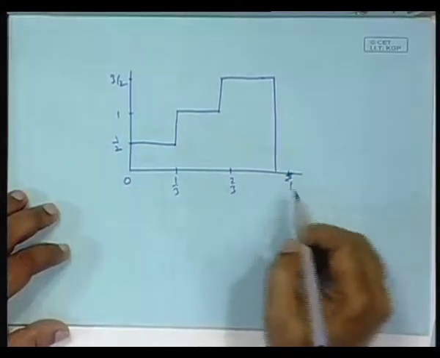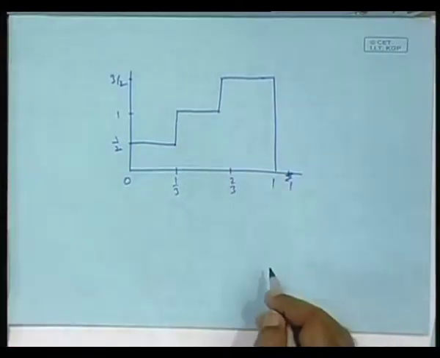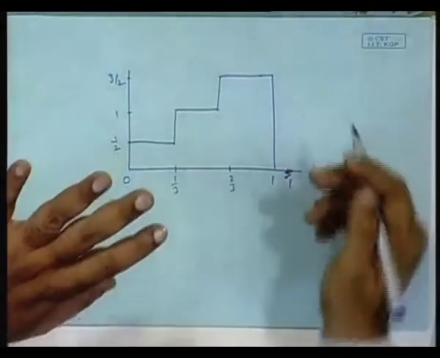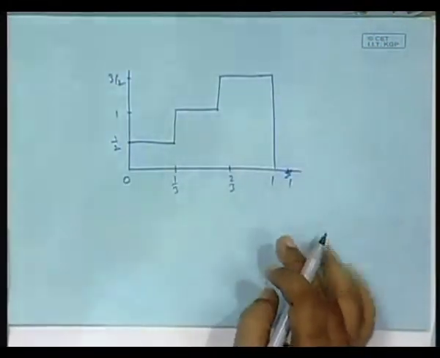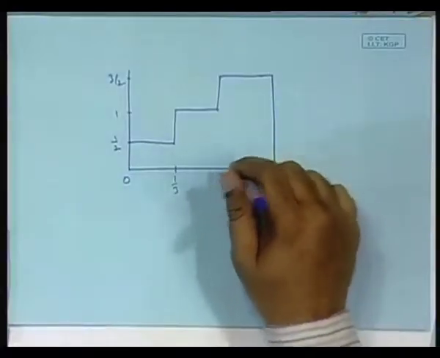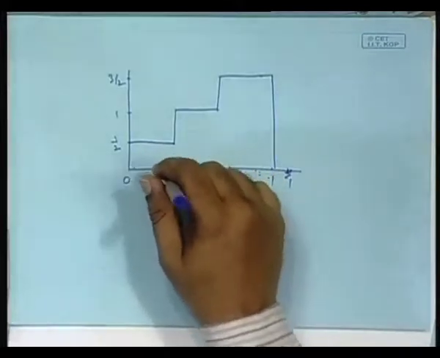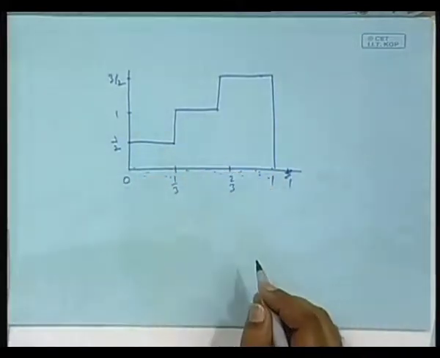Sorry, I wrote it wrongly. Which means there will be a large, even if you do not do all this, you start from this map and start from any initial condition, go on iterating it, then there will be a larger number of points falling in this part, a smaller number of points falling in this part, and a smaller number of points falling in this part. What do you mean by density greater than 1?